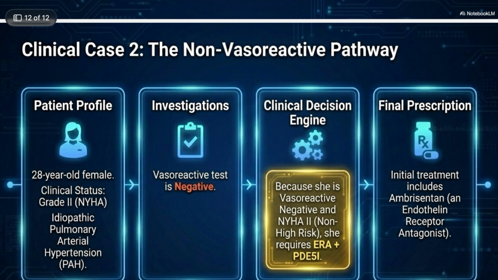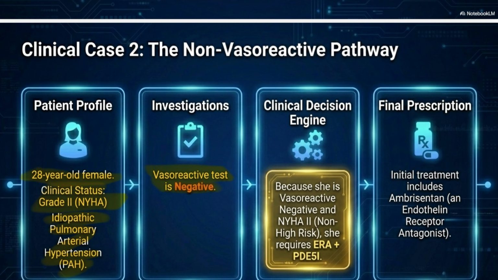Then let's come to clinical case 2. Since I am a male, I just put the question as a female. So if a listener is a female, then let's consider it as a male. Then 28 year old, whichever gender you want, you can take it. Clinical status grade 2. Can I know what grade 2 stands for in the NYHA classification? It's grade 2. Then idiopathic pulmonary arterial hypertension is already suspected, so you took the patient for the vasoreactive test